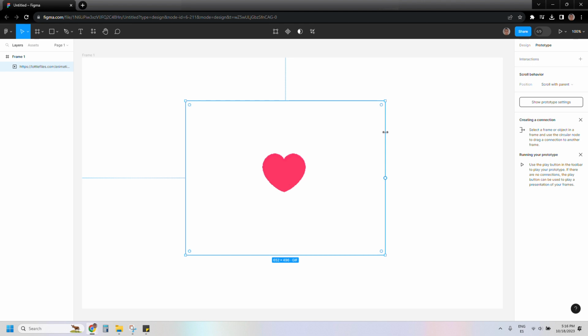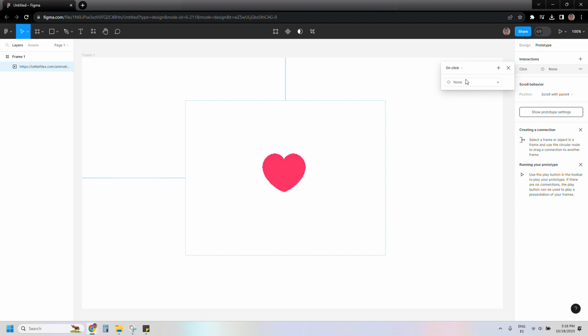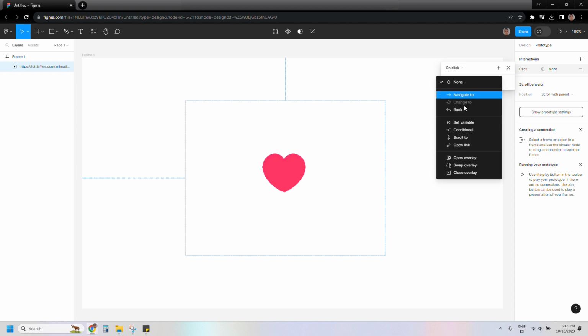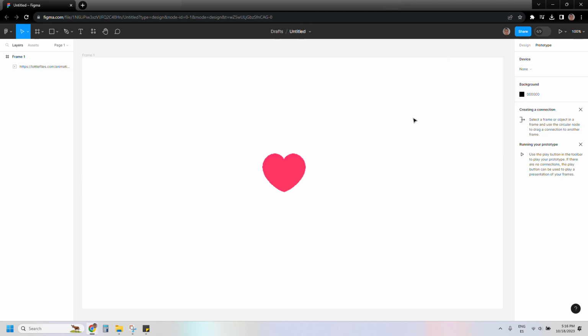Once we have it, we are going to go to prototype, interactions. We will leave the on-click option, and here we will select open overlay. Now we can give it a shot,